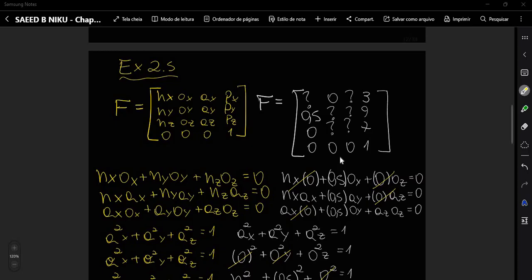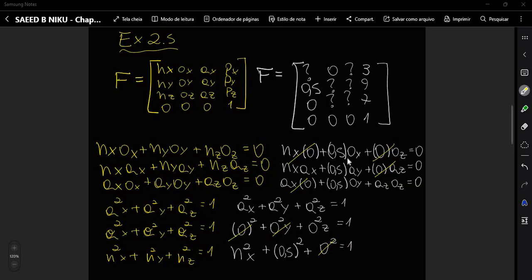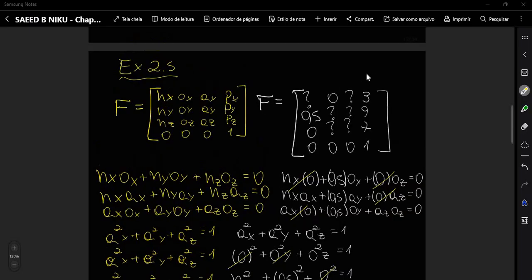And we finished the last video solving the example 2.5, which is how you can find the missing elements from the matrix which represent a referential. It was this matrix, which represent a referential, and using this